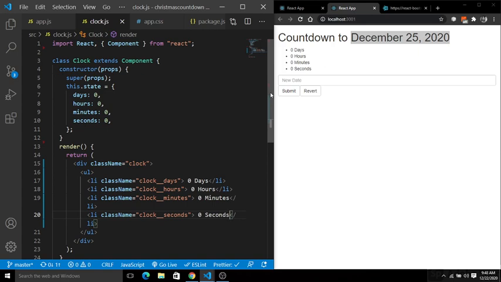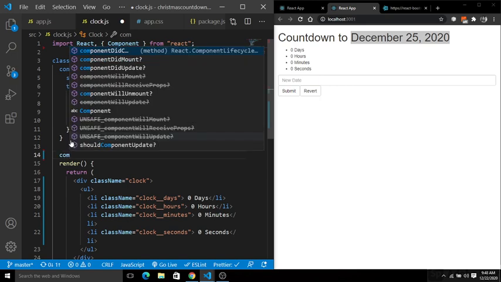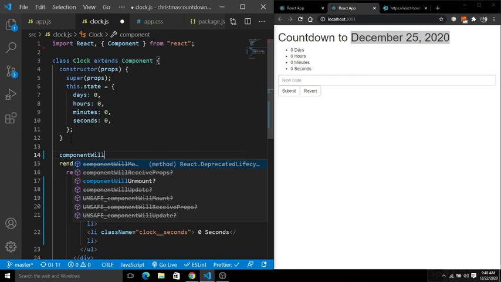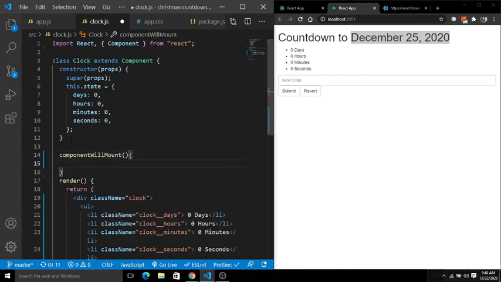So here create a function componentWillMount, and inside this we have something called this.getTimeUntil.